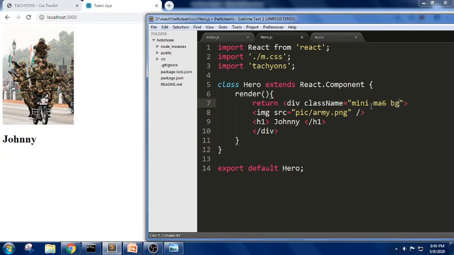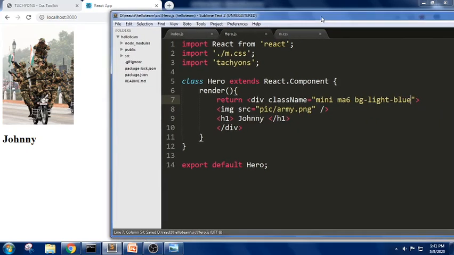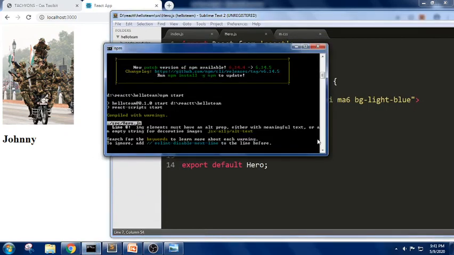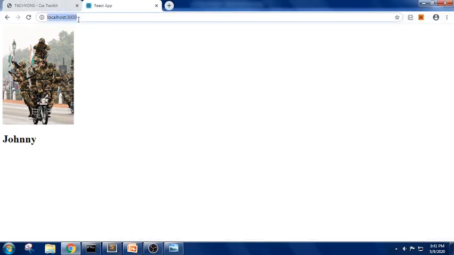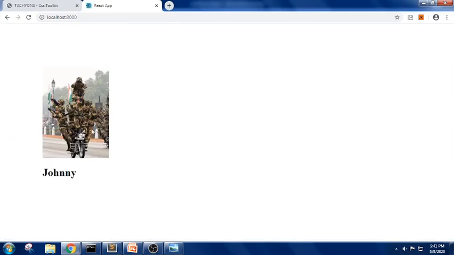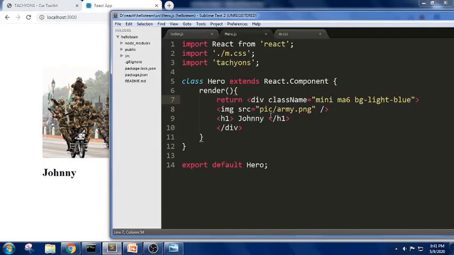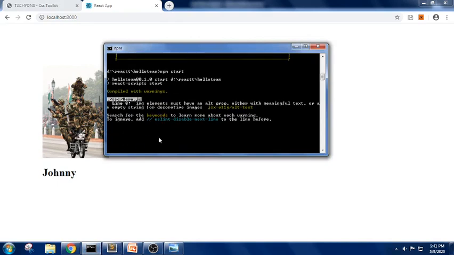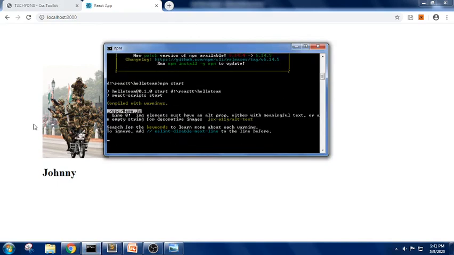like how we have in Bootstrap, bg-light-blue. So I'm trying to take it in this way. Let me check whether it is done. Yes, let me check here. bg-light-blue. Let me save all these files. It is about to run.